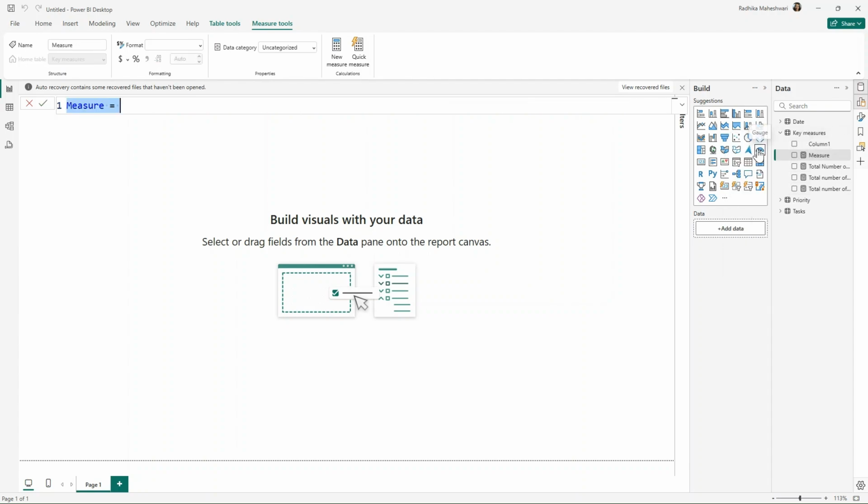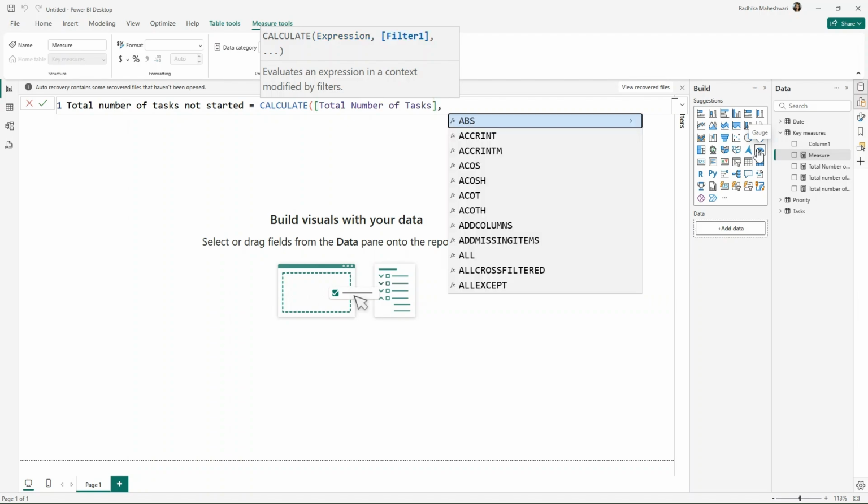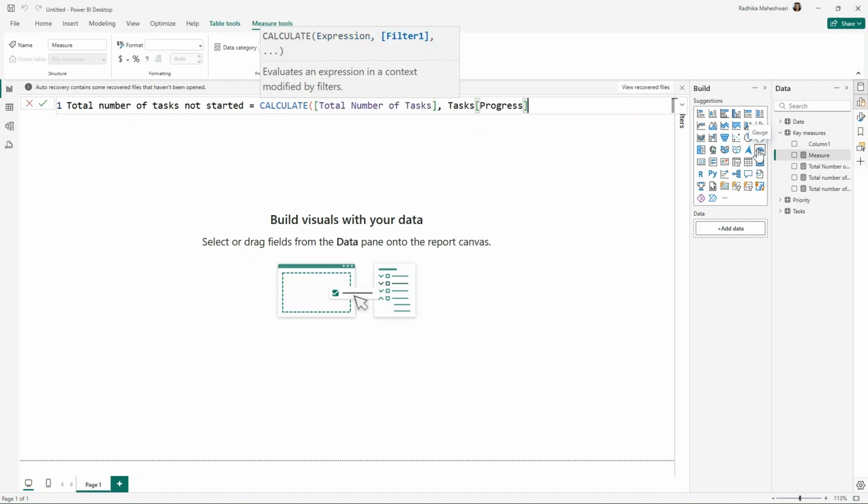And lastly, total number of tasks not started equal to, again using a calculate function, total number of tasks. So we have to change the context for this measure, and when the progress column is equal to not started, ensure that you type this exactly like this because it is case sensitive.